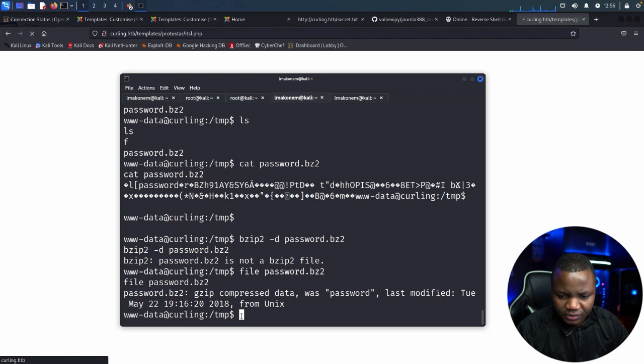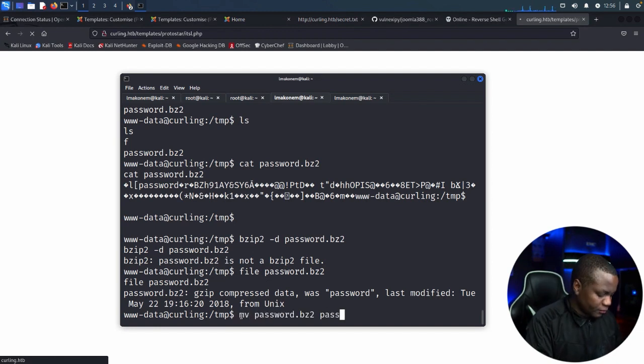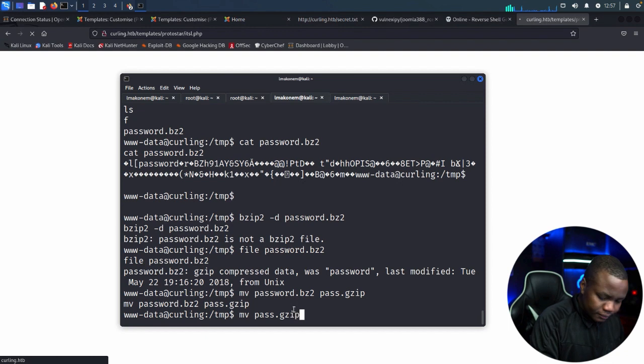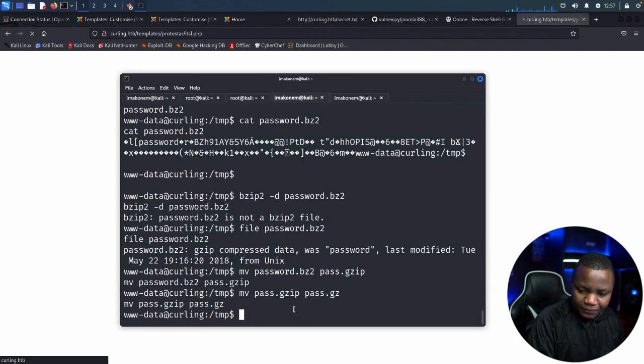Okay, so I need to move that to pass.gz. In fact, it's not gzip. To pass.gz,